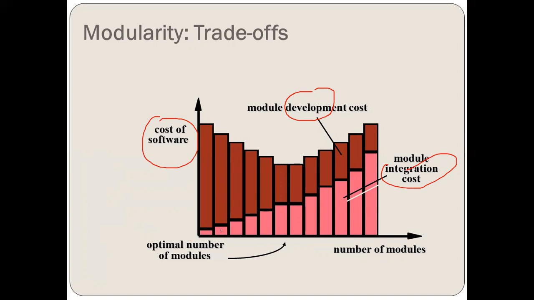So let's see here, you can see this particular graph. The x-axis is showing the number of modules, the y-axis is showing the total cost of the software, and it is showing the pink number as the optimal number of modules. When we have a low number of modules, even then the cost is high, you can say. And as the number of modules is increasing, the cost is getting less.